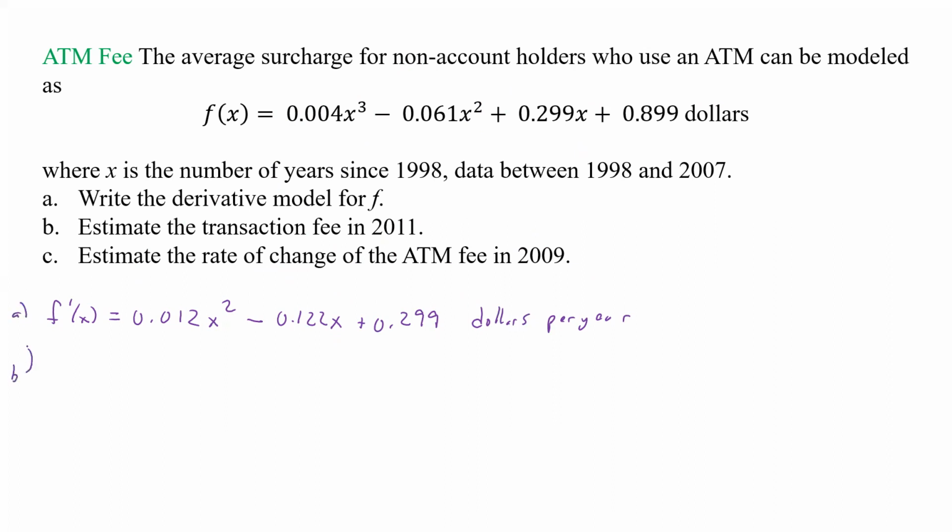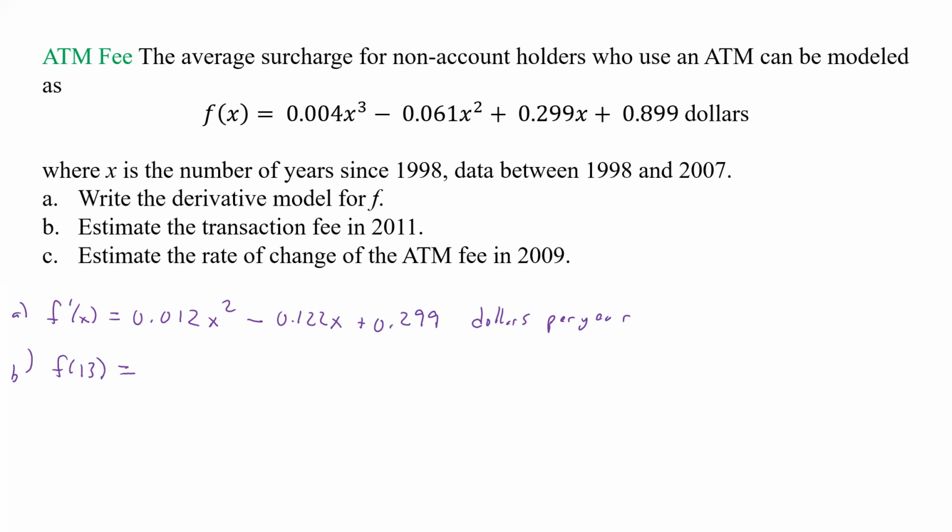So part B, what does it ask? It asks to estimate the transaction fee in 2011. Well, 2011 is going to be 13 years from 1998, and so the transaction fee is just going to be f of 13. So plugging that into our calculator, we'll have 0.004 times 13 to the third minus 0.061 times 13 squared plus 0.299 times 13 plus